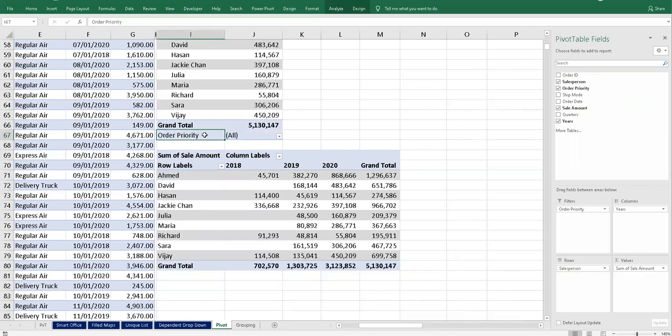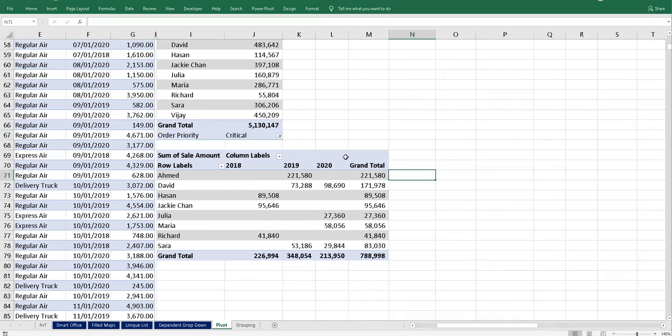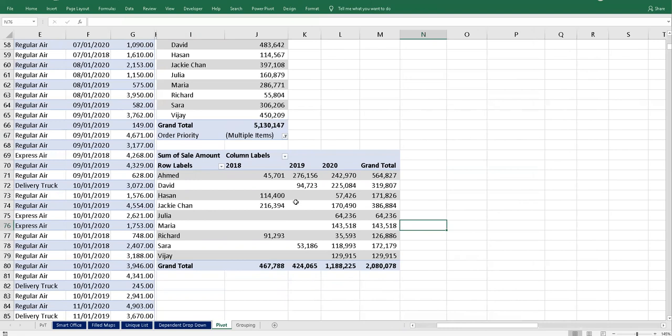Management may want to have only critical information, so you can select critical, or multiple items like critical and high. Automatically all the information is coming over here.